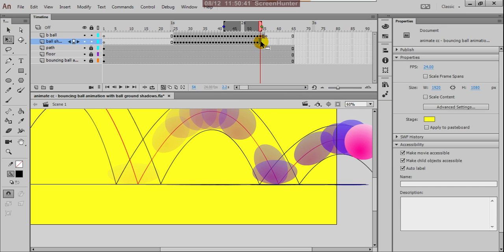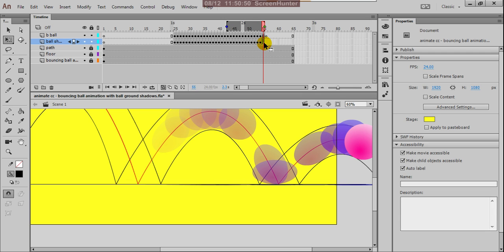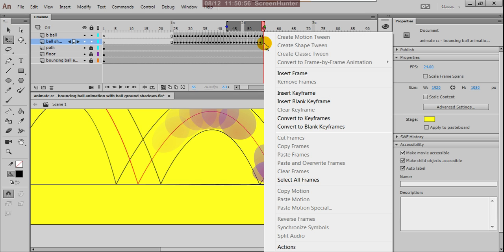Okay, and here insert keyframe and should go out, and here insert a blank keyframe.